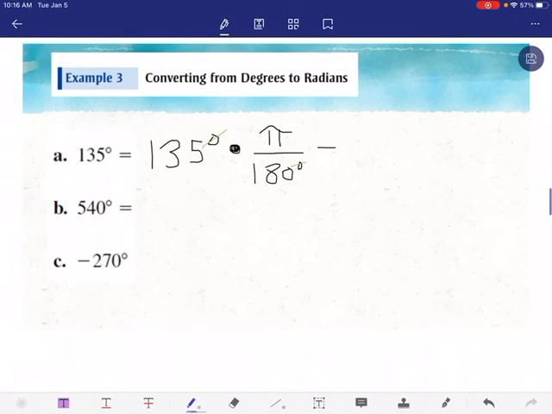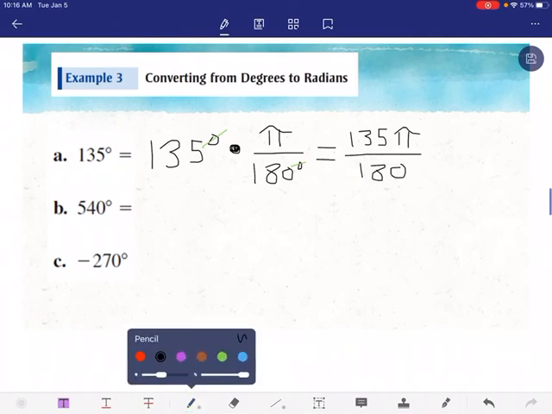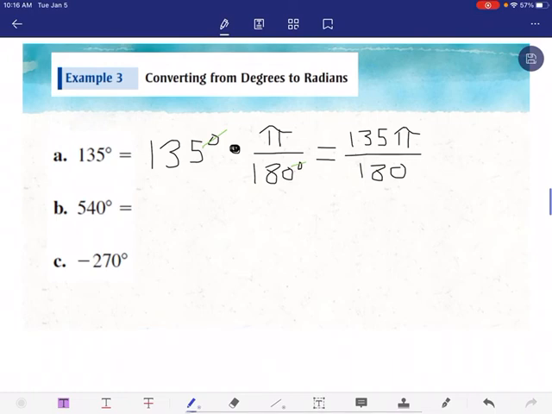So notice that we would have 135 pi over 180. Well, 135 and 180 can both be reduced. So we would reduce that to 3/4. So simplifying that, we would have 3 pi over 4, which means that we have 3/4 of a pi,